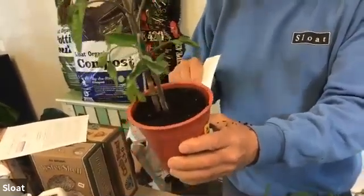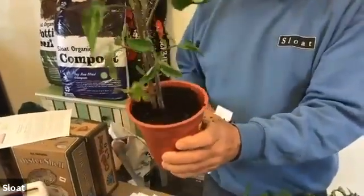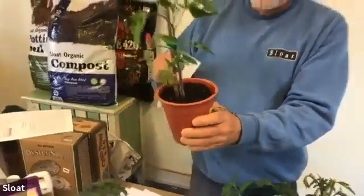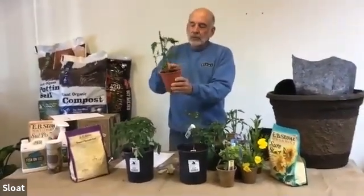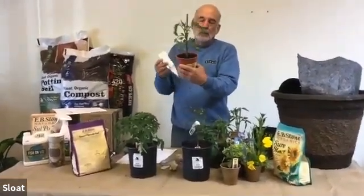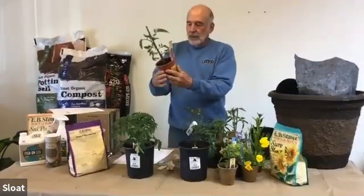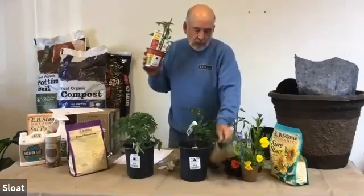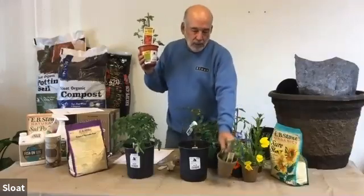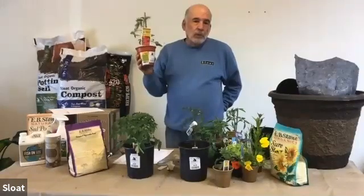And I don't want that to happen because I want the rootstock to be the source of root growth for the plant. So in this case, I'm going to plant it with the graft scar up in the air where I can see it, and make sure that roots don't grow out of that stem, and they won't if it's up in the air. So grafted tomatoes cost about 3 times as much as a seed-grown tomato, but for the larger tomatoes, it might very well be worth your while